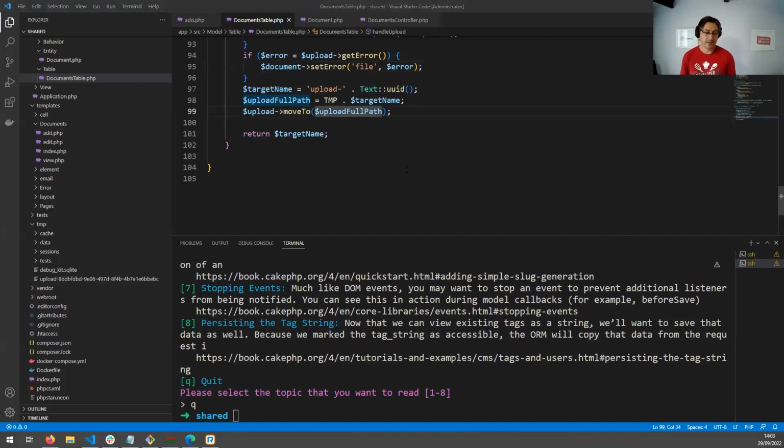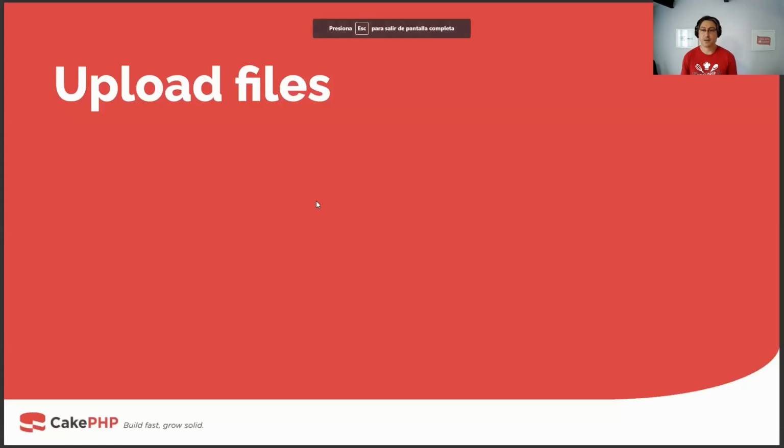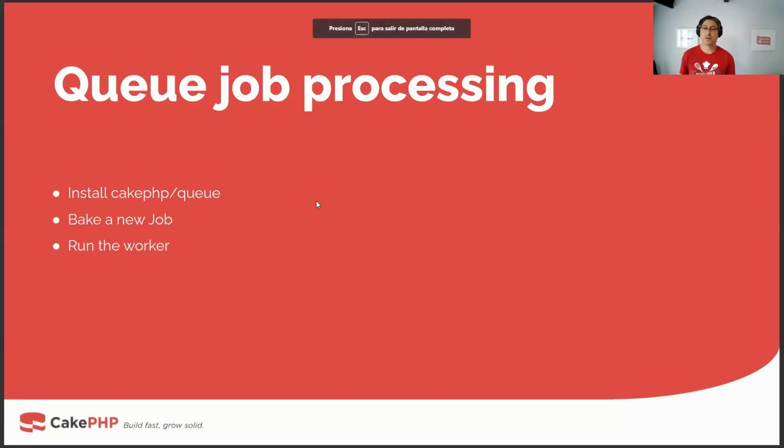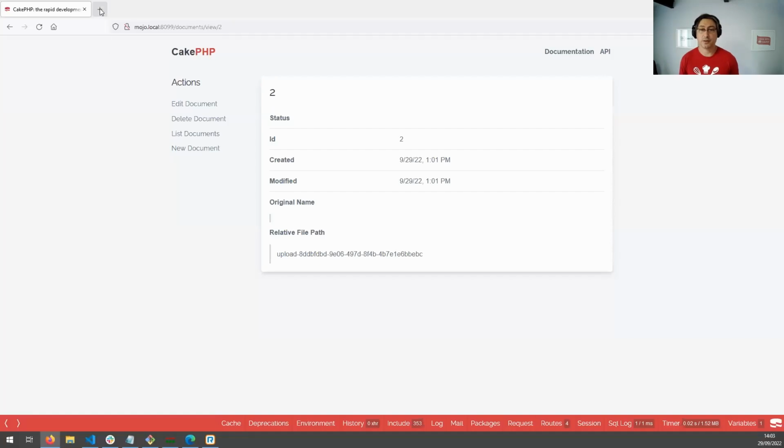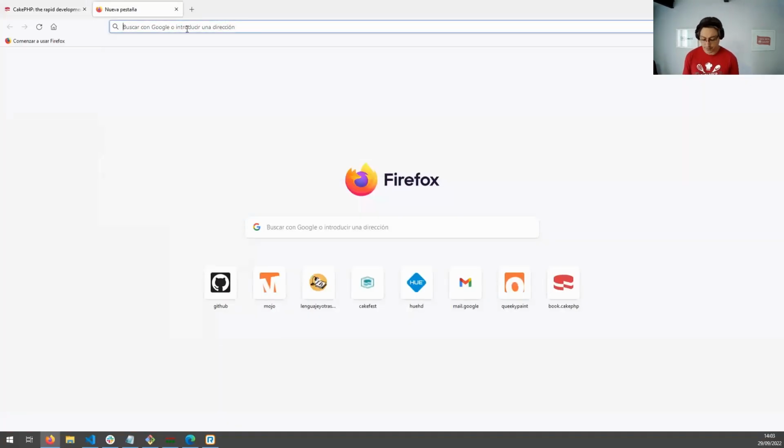So the next step is we are going to process something in the background, right? We're going to do some processing here. Let me get back to the slide section. We're going to do some processing using a queue. There are a number of plugins to do that already. There is a good plugin you can use, which also has a good amount of features, which is in the awesome